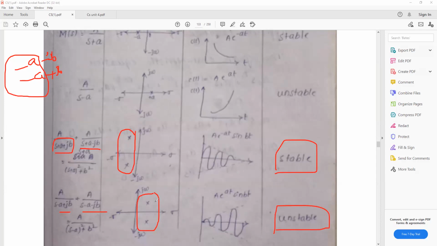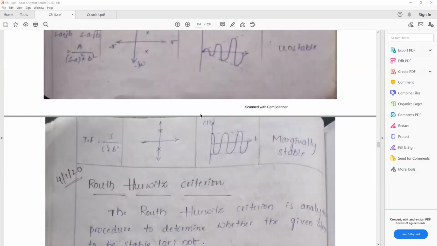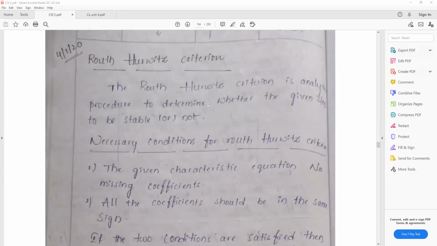And this one lying on the right-hand side of the s-plane, so the given system is an unstable system. Okay, so next,